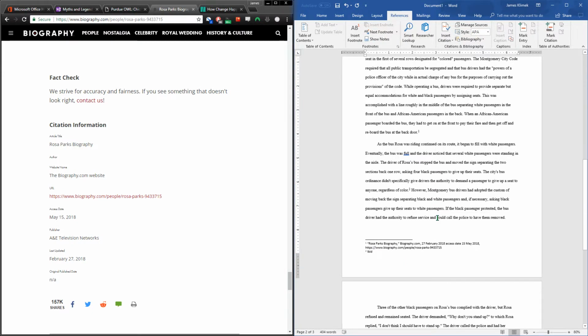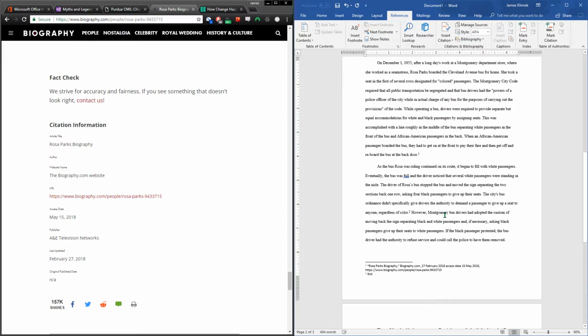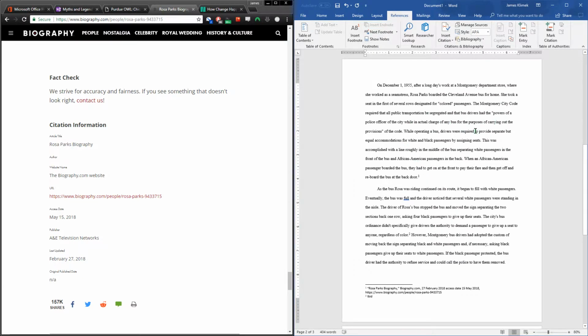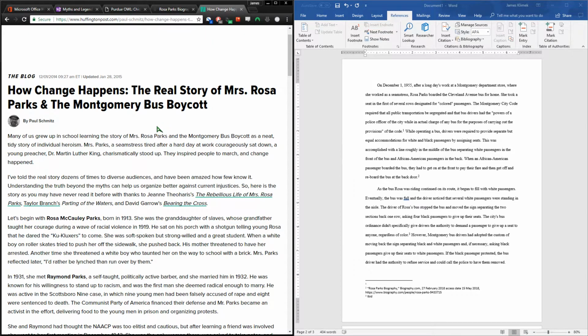Now let's say I get through and I realize that I forgot to cite something earlier on in the paragraph, in the first paragraph. So I'm going to say it was right here. We're going to say this first set of information here I got from a different source that I totally forgot about. Cool thing is if you insert footnote, it's going to change this what was previously a 1 and a 2 to a 2 and a 3. We're going to pretend I got that information from this Huffington Post article written by Paul Schmitz. Same format applies, but now I actually have the guy's name. Paul Schmitz,